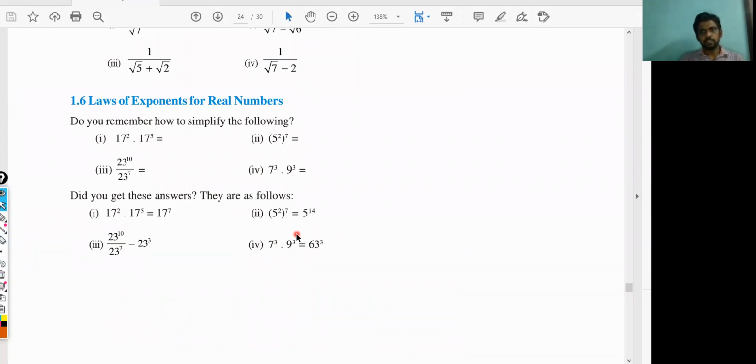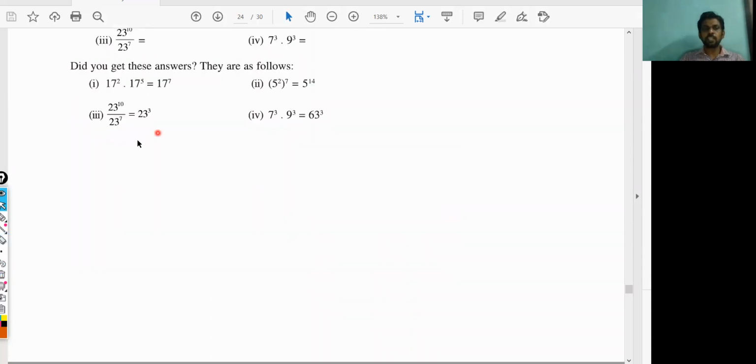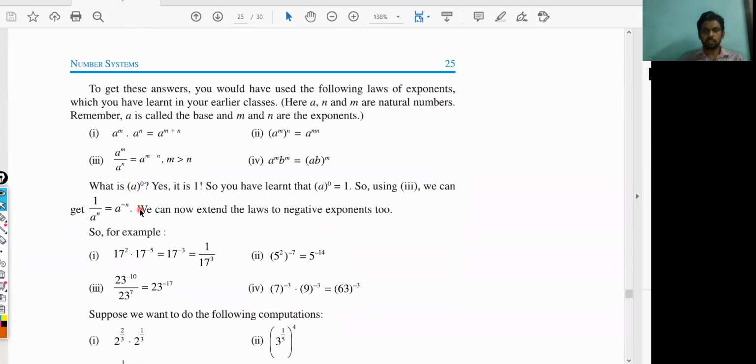So we'll see the problems in the regular classes, fine, online sessions. So then laws of exponents. We have already seen some laws of exponents used in algebra, right? So a power m multiplied by a power n is a power m plus n. So if your base is same, you will add the powers, right? So if your base is different and the power is same, what will you do? You will multiply the base and write it as, if you are having it as 2 power 3 multiplied by 7 power 3, you can write it as 2 into 7, 14, the whole power 3. So that is what the fourth law says.